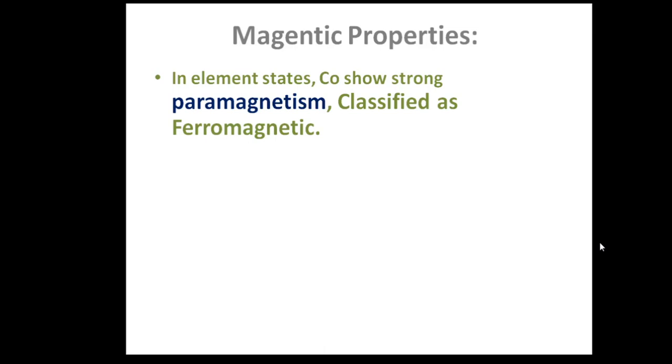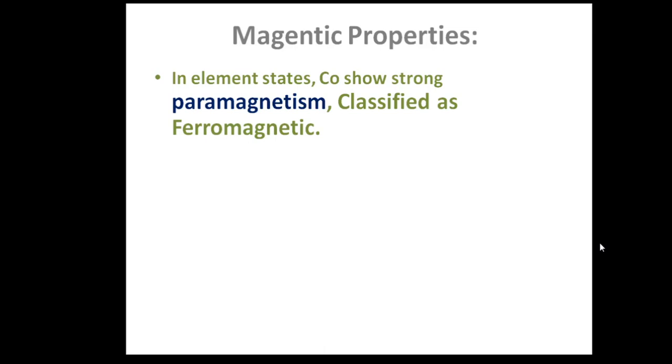It means that even after removing the source, they still show magnetic properties. That is the meaning of ferromagnetism. As far as ferromagnetism is concerned, this is the physical phenomenon, students, in which certain electrically uncharged materials are strongly attracted to others. This is the concept of ferromagnetism. In other words, if you want to know ferromagnetism, it is the process where the matter exhibits spontaneous magnetization even in the absence of an external magnetic field.